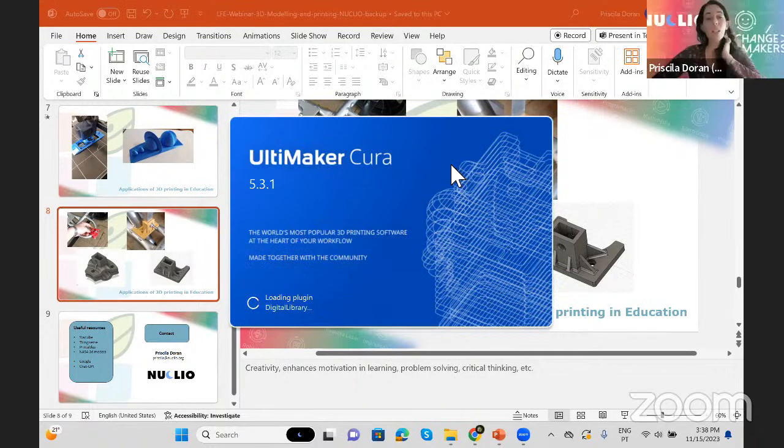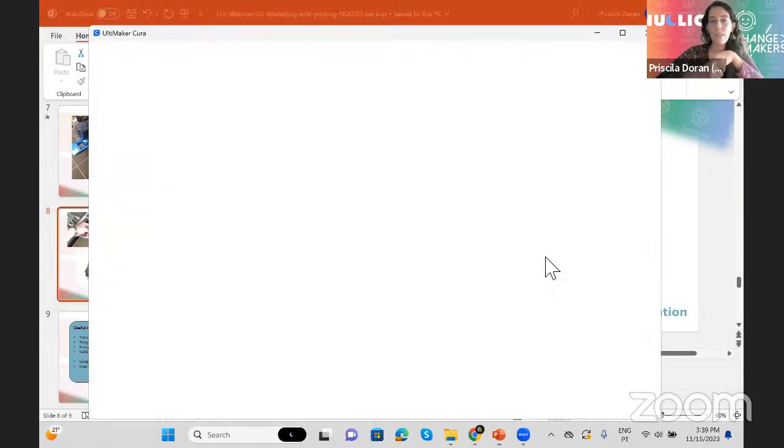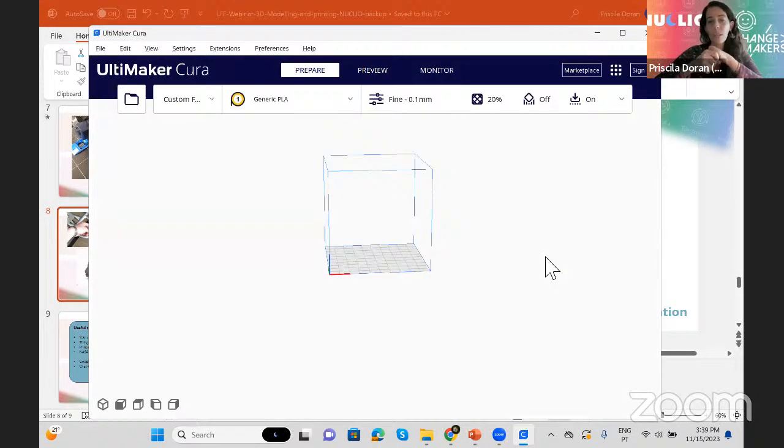Yes, it is possible. If you have a printer with just one filament at a time, you can print layers. So you print the first layer with one filament, you change the filaments, and then you print the second part with another color. But you also have printers that already print with more than one filament at a time. So of course, if you only have one filament, you have limitations. You have to choose the right position, use the supports, so that you can make something with the two colors